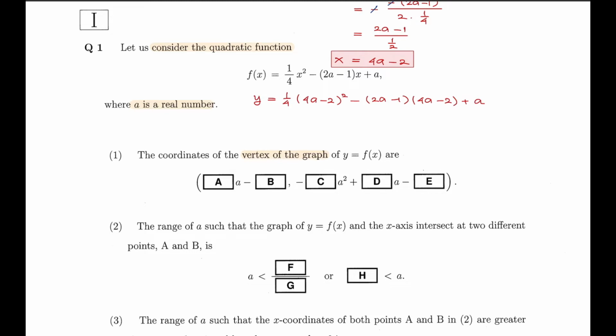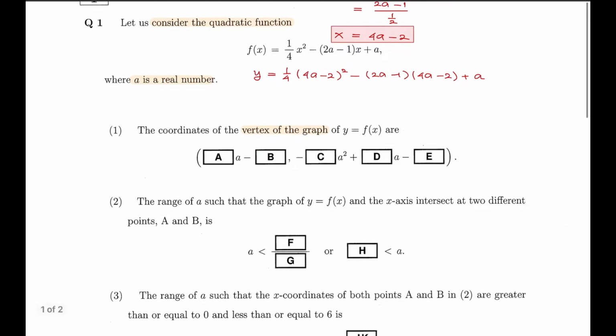And then if we simplify this expression, we will get 1 over 4 times, let us expand this expression, 16a squared minus 2 times 4 times negative 2, which is negative 16a plus 4, minus,